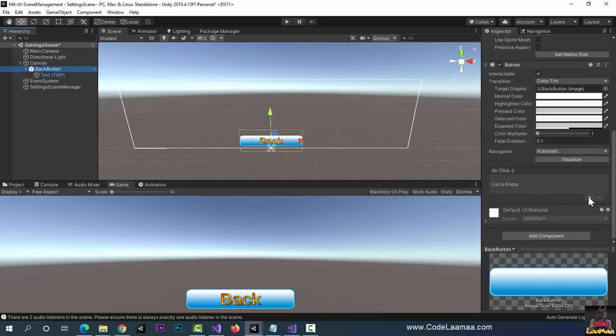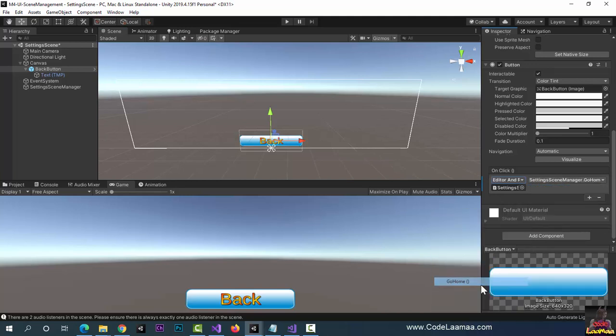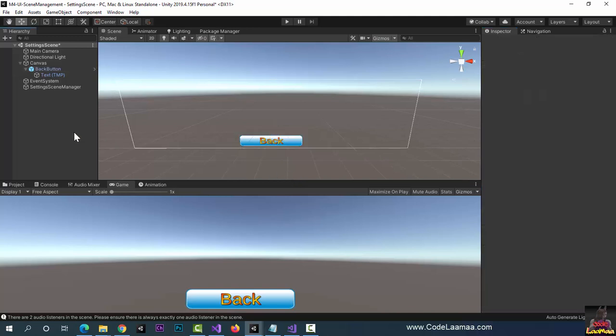for my on click, click on the plus sign, change runtime to editor and runtime, and drag Settings Scene Manager where it says none. And finally choose Function under Settings Scene Manager to go home. So now this back button is now linked to my go home event handler. I'm going to do a Control S to save the whole scene. And we're going to do this one more time, but for our